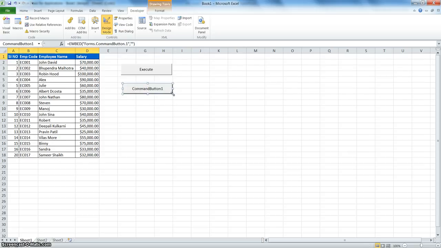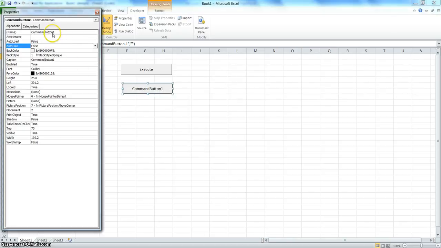Now once you release it, it will not prompt you for assigning a macro, because this button is from ActiveX control, and as I told you, for ActiveX controls there is a different process for assigning a macro. So first of all, I'll change the name of this button. For changing the caption or the name of the button, you just need to go to the properties.